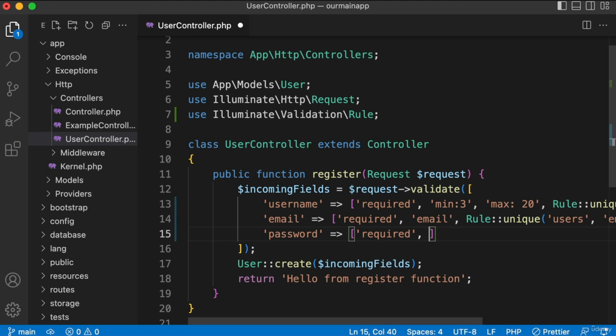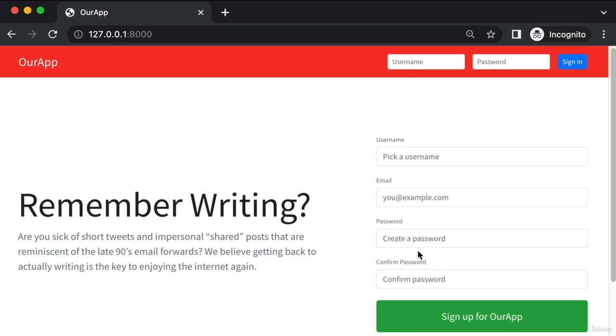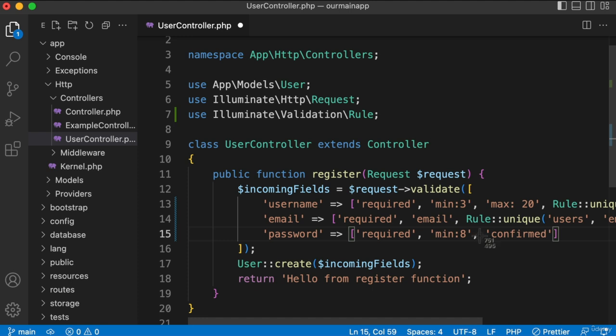The longer the password, the more secure it is. So it's up to you, but just to get the idea across, let's say maybe min:8, comma, and then check this out. If you say quotes confirmed, this is how Laravel can automatically make sure that what they type in this field matches what they type in this field. Now, in order for this to work without us doing anything extra, let's go ahead and save this